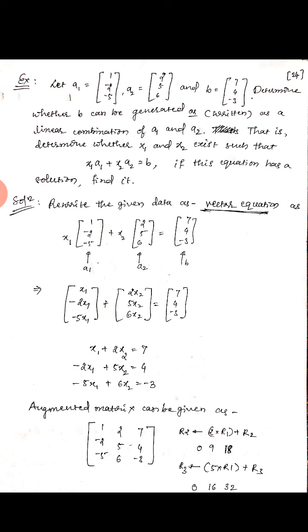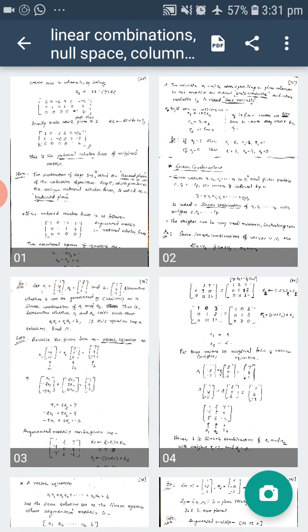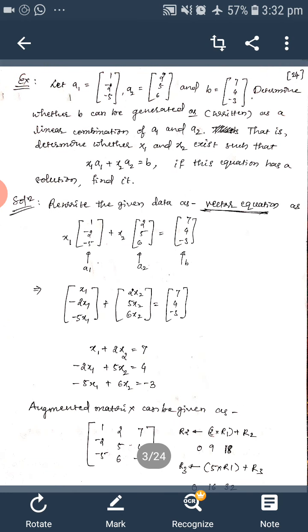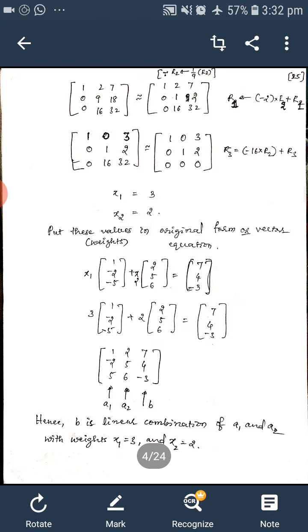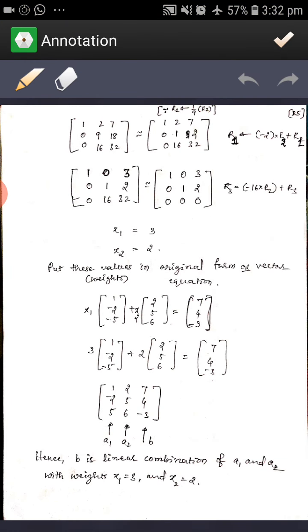Similarly, in the third row, the first value can be made 0 by multiplying the first row with 5 and adding it to R3. So that value becomes 0, 16 and 32. Okay, so next, after getting this matrix, again we are performing the operations. As I said, row echelon form means we need to make the lower triangular 0 and make it upper triangular. So here the first pivot column is 0.